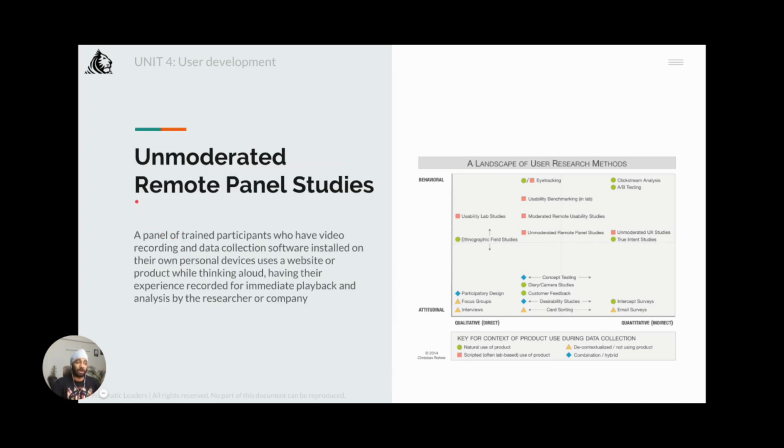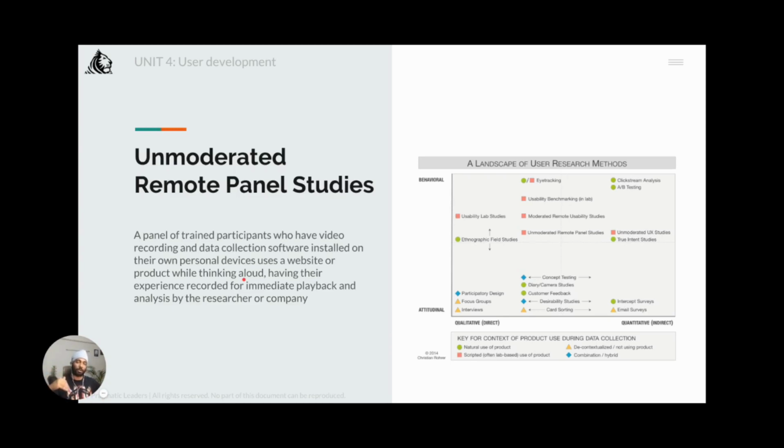Then unmoderated remote panel studies. Simply क्या होता है कि a panel of trained participants who have video recording and data collection software installed on their own personal devices uses a website or product while thinking aloud. I mentioned this some time back, right? तो वीडियो रिकॉर्ड किया जाता है while the user is using the product. Okay,